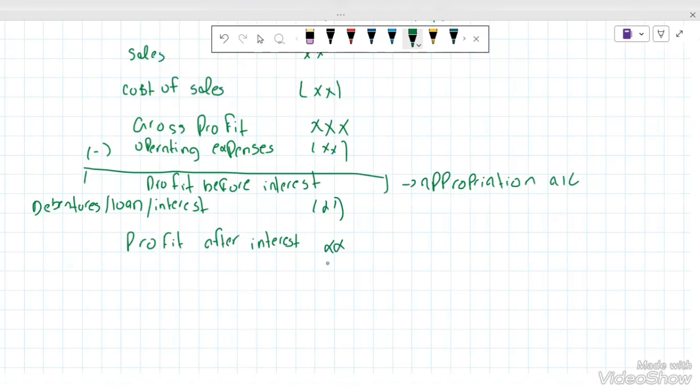This is our amount, for example. Now we have to deduct some taxes from this: corporation tax. Corporation tax is basically the tax which a company has to pay to the government when they make any kind of profit. Companies tend to have a percentage imposed on the profit of the company, and this type of tax is called corporation tax. So after that,